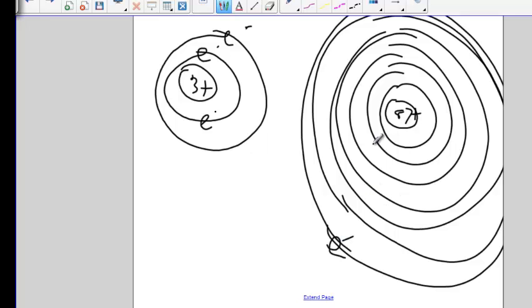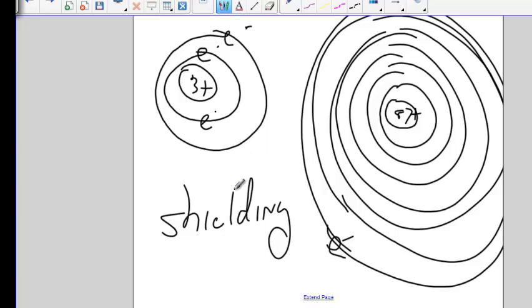This is called shielding. Okay? Shielding. The electrons, the inner shell electrons, the ones that are tucked away and hidden in the noble gas configuration, all those guys are between the outermost electron and the positive pole of the nucleus. So, first of all, it's bigger because there are more rings. But it's also bigger because these ones out here aren't being held as tight because they just don't feel that positive from the nucleus because there's all that shielding. So as I go down a group,